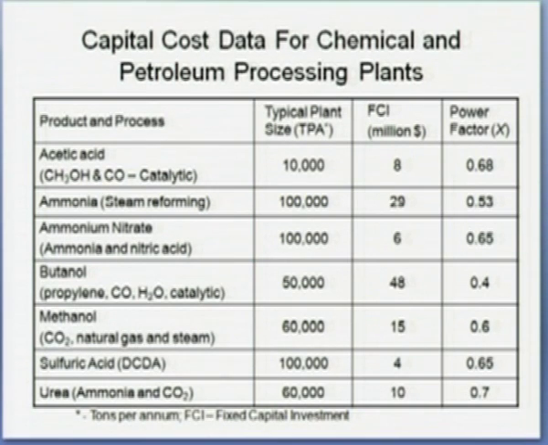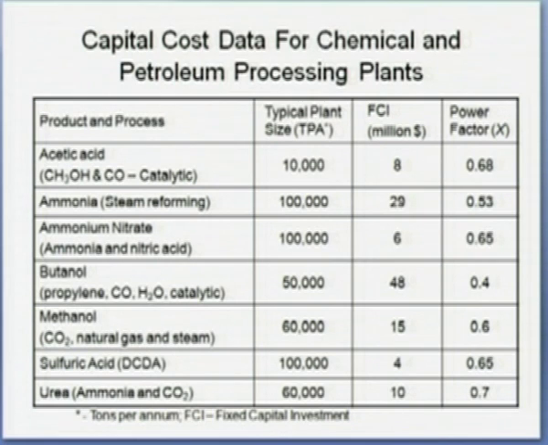Then ammonia by steam reforming. If you consider a plant of 100,000 tons per annum capacity, the fixed capital investment is $29 million and the power factor is 0.53. Then ammonium nitrate, ammonia plus nitric acid, again a 100,000 tons per annum plant, the fixed capital investment is $6 million,